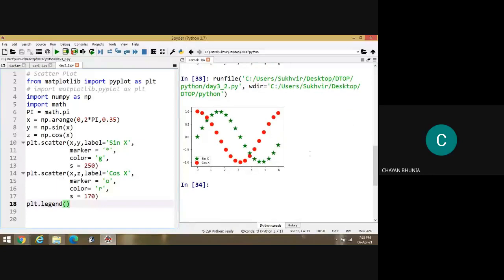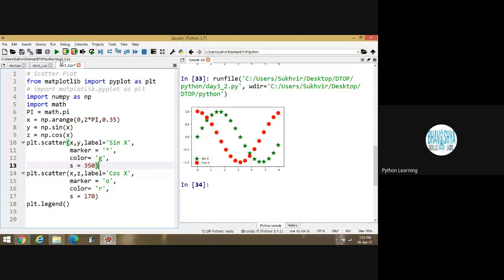Sir, what is defined by size? What is the meaning of size, sir? S equal to 250, which is defined. Yes. S is equal to 250 basically represents the size. Okay. Suppose I am writing 350 here. 350 is size.